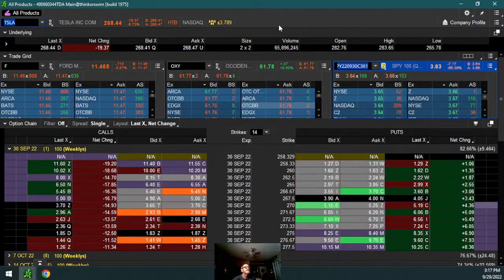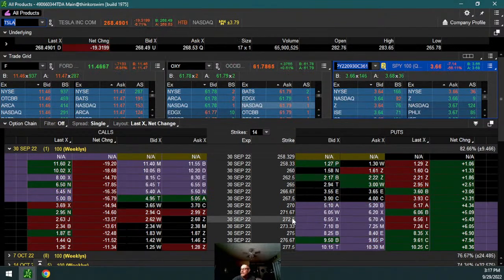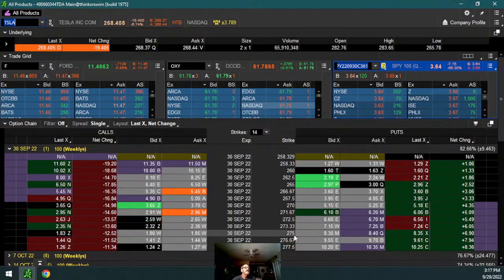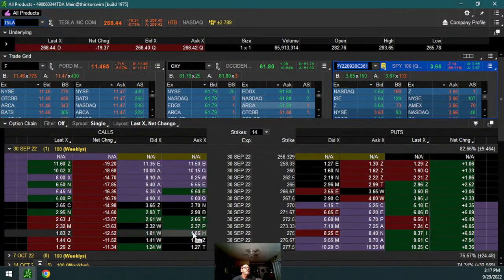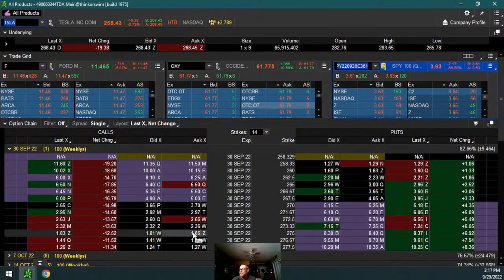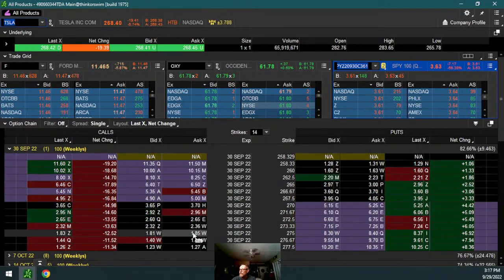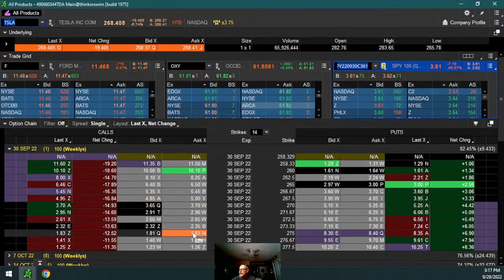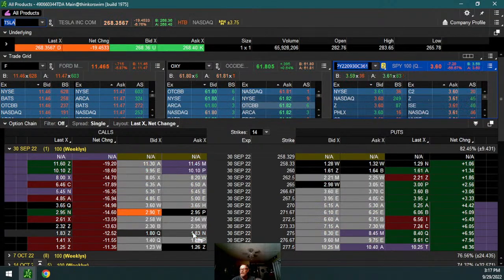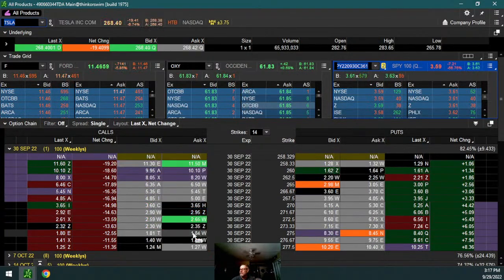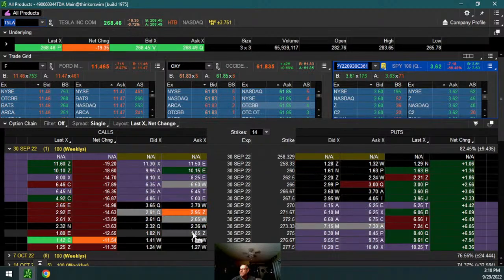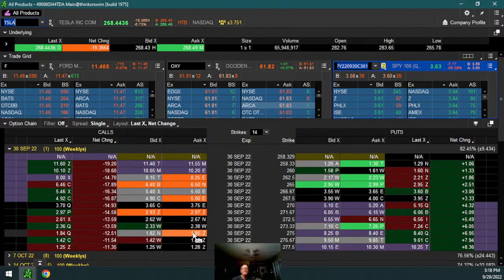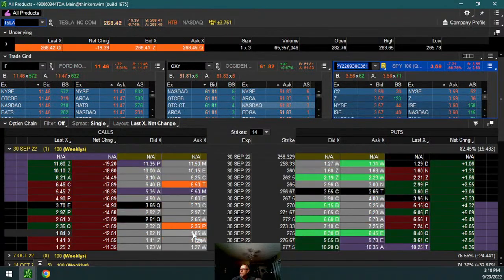275 call for 3.76. So that 275 call would be right here, okay? And that would be over here. $1.85. I don't know what you paid for it. Call. You paid 3.76 and it's down. So it's down 1.9 now I see it. So it should be down more than 400. So you're down $2 almost. $2, 400 is $800. You say you're down $1,200. What am I missing? You should be down that much.